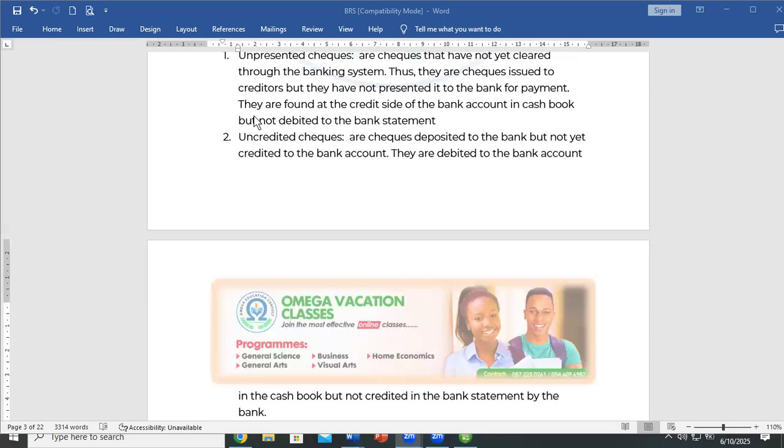So you will be sitting in school thinking that, oh, my mom has sent the money, so my Momo balance should be around